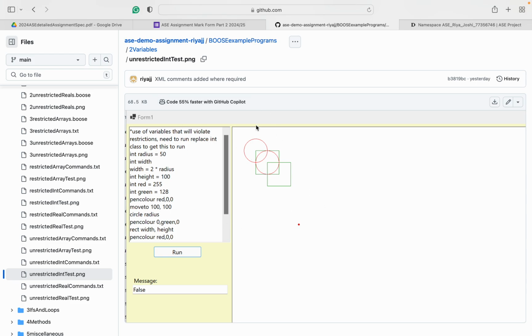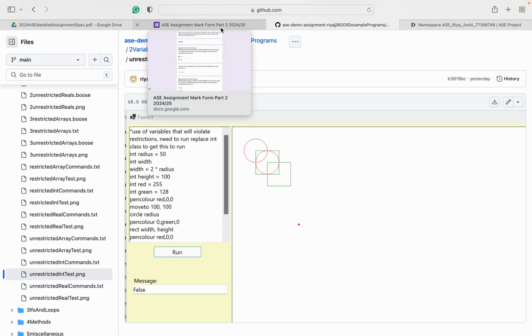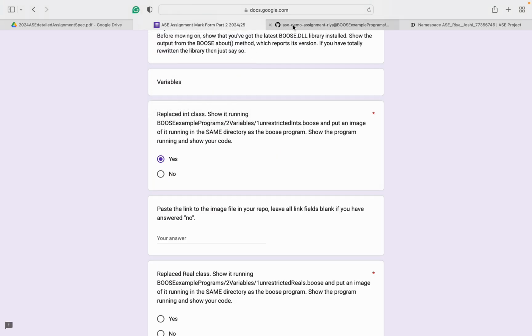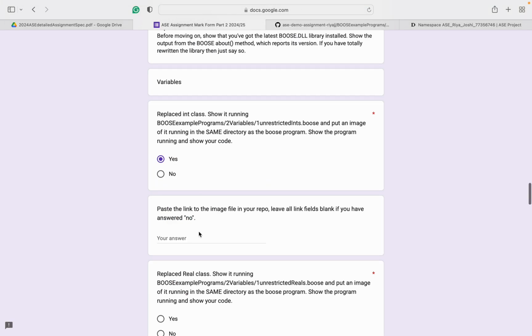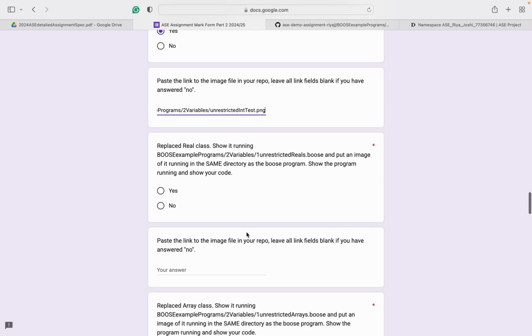As you can see, the image matches with the output that we got while running the code. I have already updated my image here. So the link to this image is this. If you click on this link, it will redirect to the image.